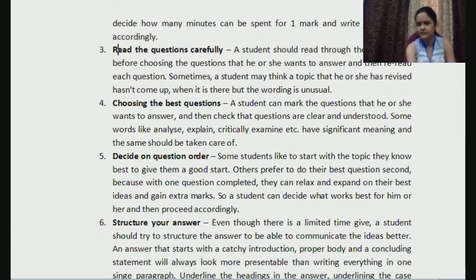Because while reading, madam, I can see which one I can write, which one I studied and which will come to me. Yeah. So you would know that, okay, fine, this question I know, this is what I can answer, and accordingly you can decide what all questions you have prepared best, what all questions you should be answering, and what all you can skip, right?